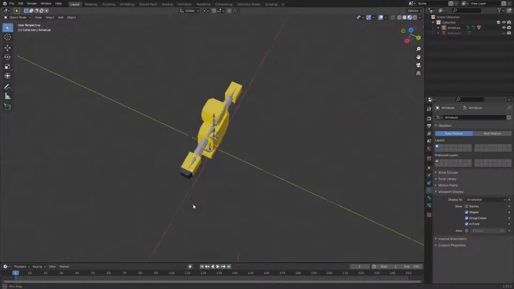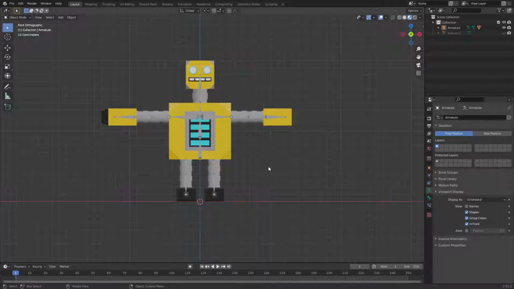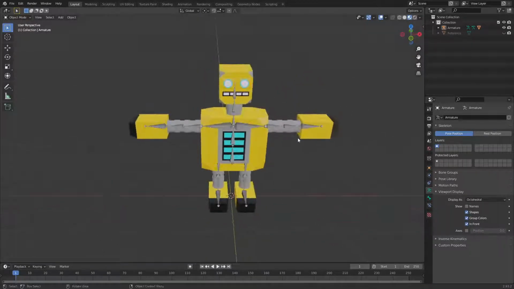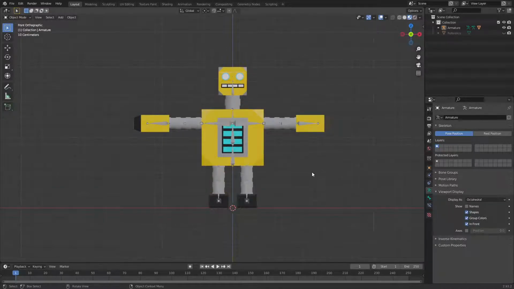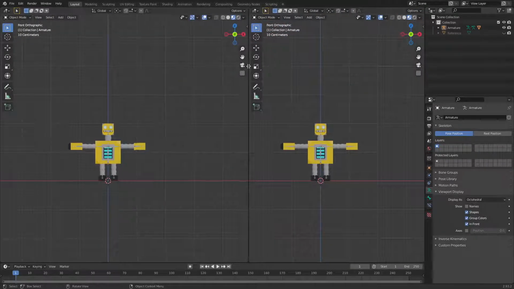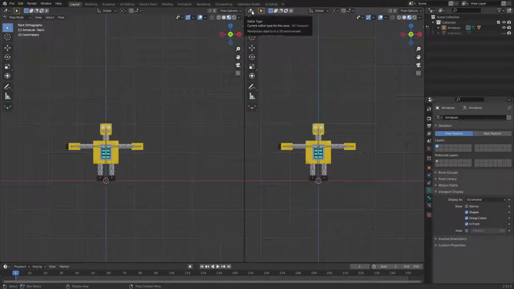So this is probably going to be the biggest one of the series because the animation takes a bit of time, because you need to deal with a lot of stuff. Okay, so let's just get to it. The first thing I'm going to do is go over on this side. This path is always a bit weird for me. For this side I'm going to go into pose mode, and for this side, in this area,